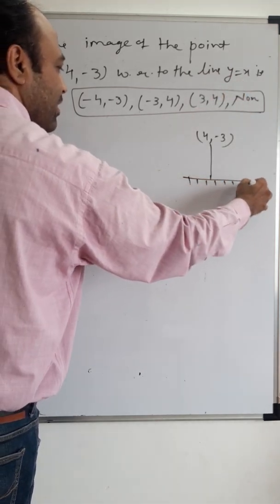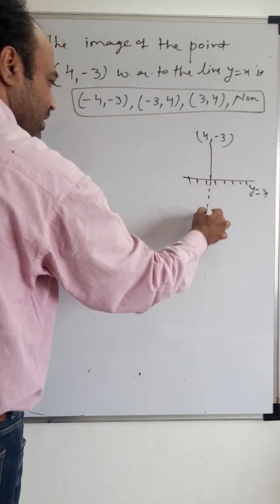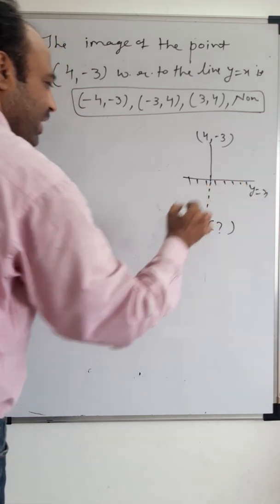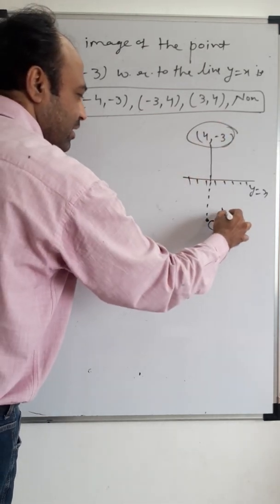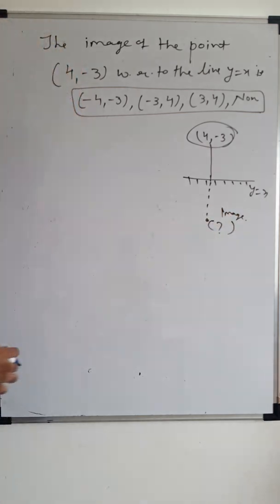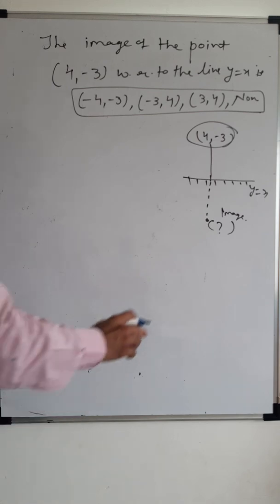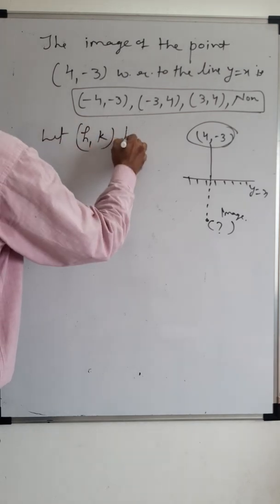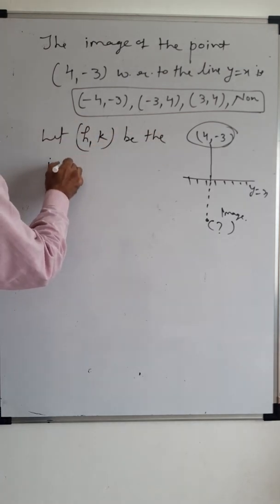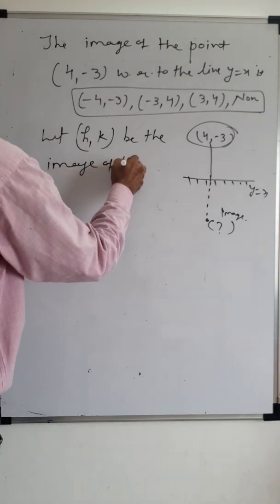This line is a mirror. So somewhere here the coordinate we have to calculate. Correct? This is the image. So this coordinate we have to find, and out of these, one is the correct option. I have already mentioned the shortcut for this when you have to find the image. Let (h, k) be the image of the given point